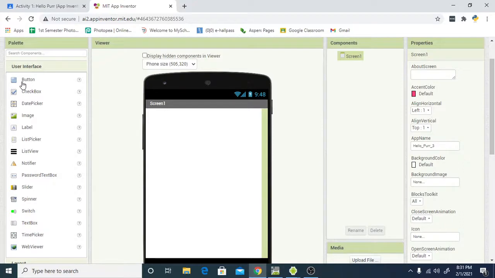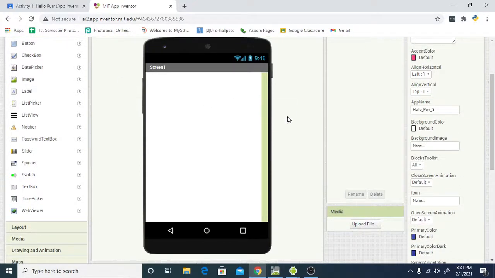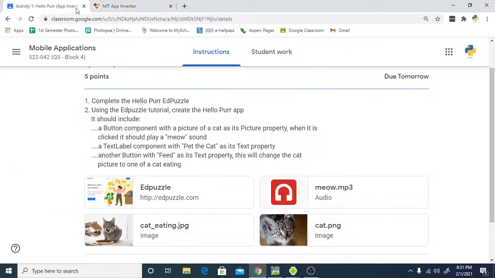So kind of the first problem you run into is you need to have all of your resources, like your media resources. I attached the meow sound, a regular picture of a cat, and a picture of a cat eating to the assignment on Google Classroom. So you can download all of these. You may encounter some difficulty